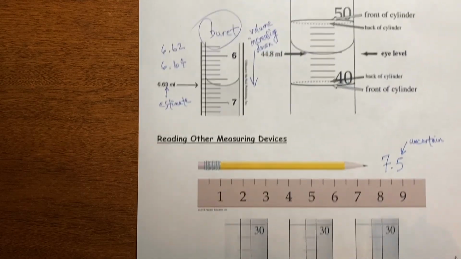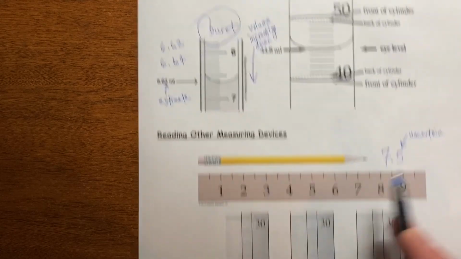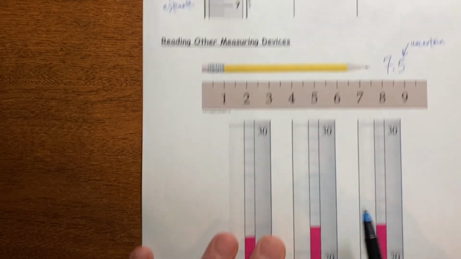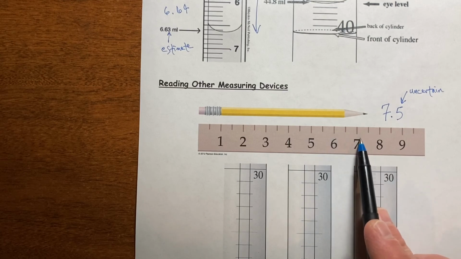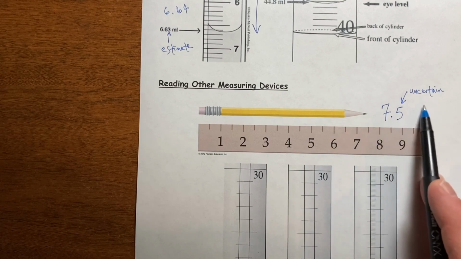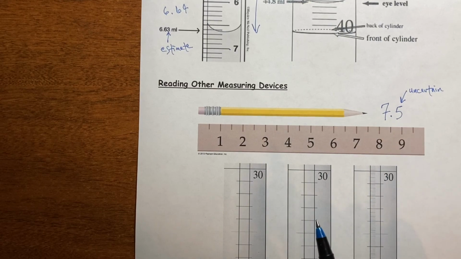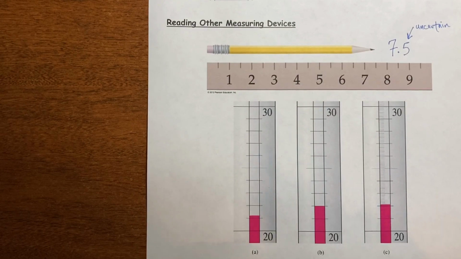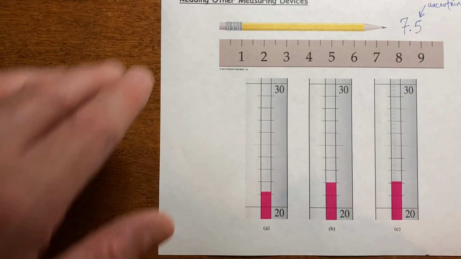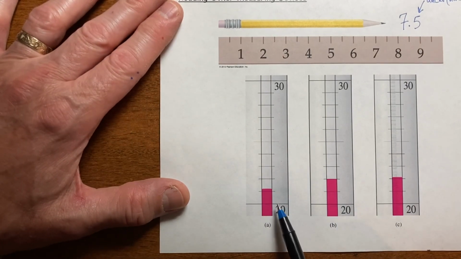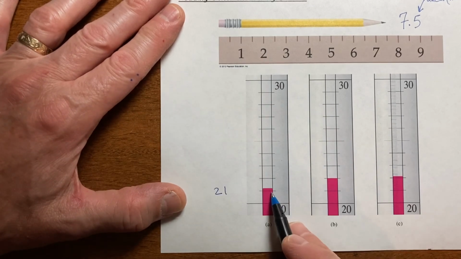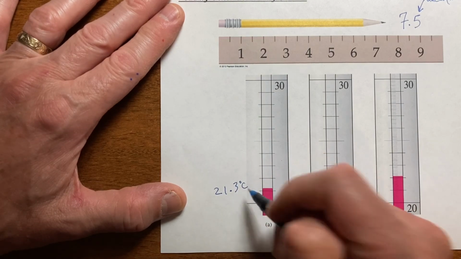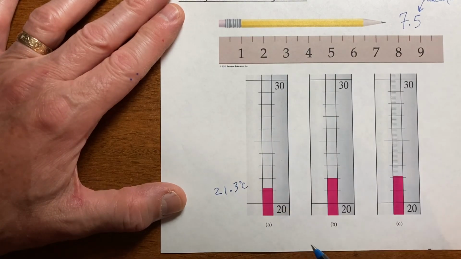So depending on the device you're using, whether it's liquid volume or length or temperature, you have to carefully look at the divisions and how many divisions there are on the device to know how many significant figures to put in your measurement. If you look at a thermometer, for instance, this is a magnified view of a thermometer. This particular temperature would be